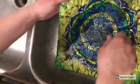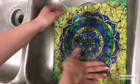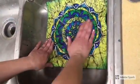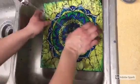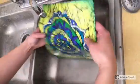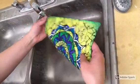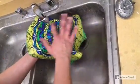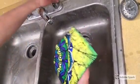So now I'll go back and I will make sure that there aren't any really dark spots where there is an abundance of paint left. I'll just kind of lightly brush over the entire thing and keep rinsing it till I see that all of the paint is pretty much removed. So now that a majority of the paint is gone, you want to give your project one quick little rinse and rub any areas that you see that there's excess paint,